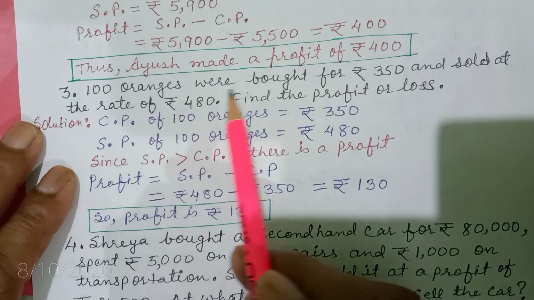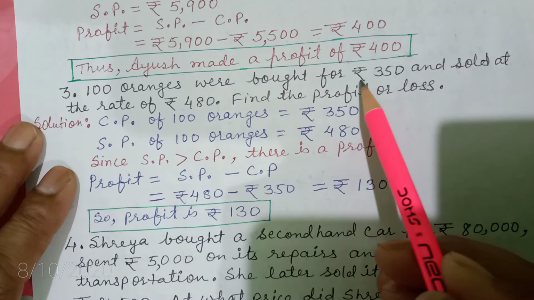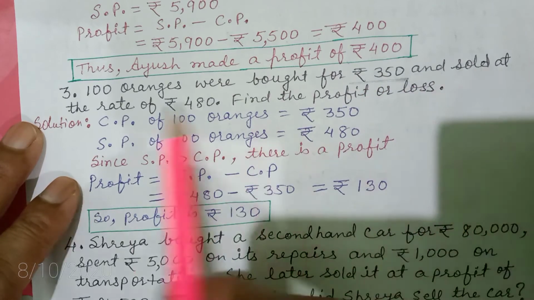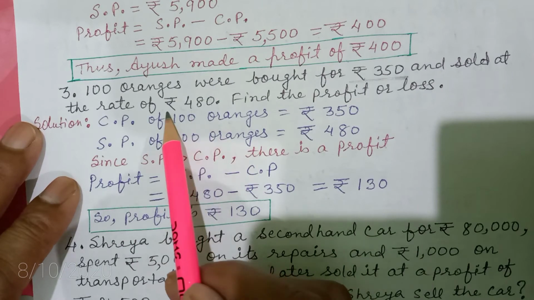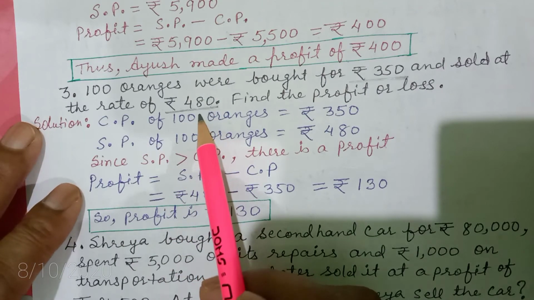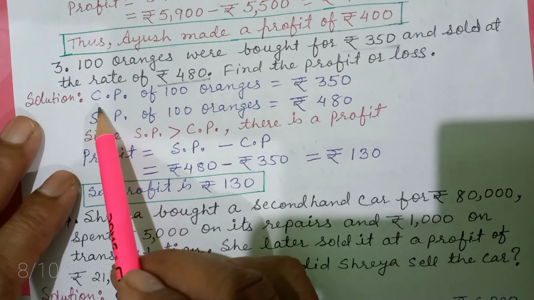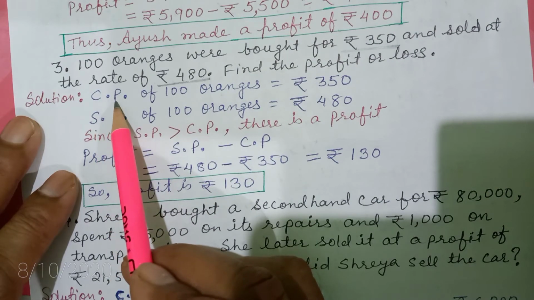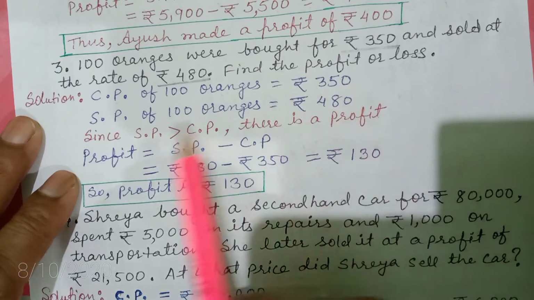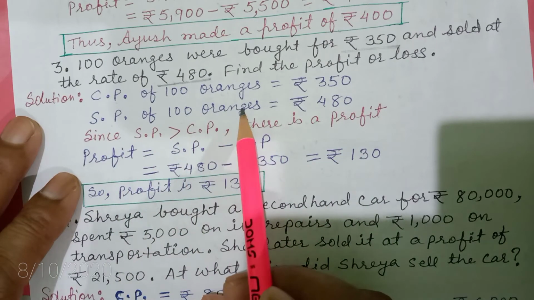100 oranges were bought for rupees 350. So rupees 350 is the CP, and they were sold at the rate of rupees 480. Therefore rupees 480 is the SP. So you will write CP of 100 oranges equal to rupees 350, SP of 100 oranges equal to rupees